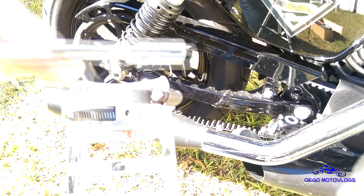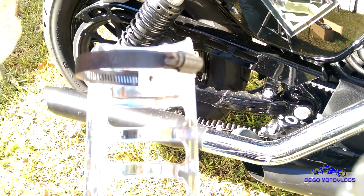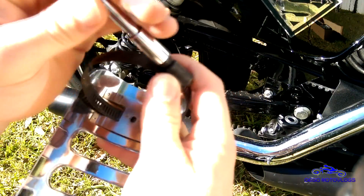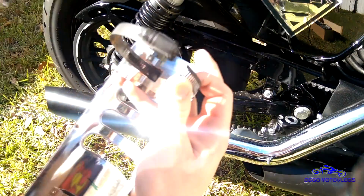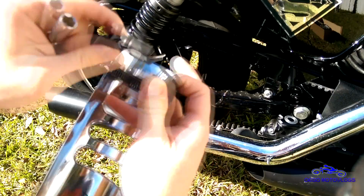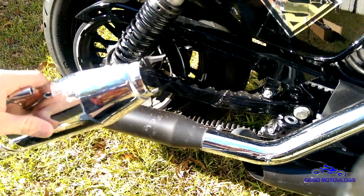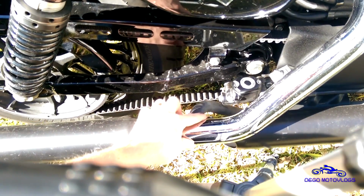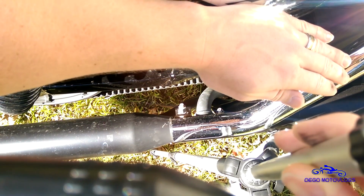I use a socket to get these clamps off because it makes it much easier than using a screwdriver, and it is a 5/16. So you get your socket on there, you loosen them up all the way. If you loosen the clamp all the way, it'll pop open and you can just spread it open and pull these heat shields off. And then I like to use the same tool to see if I can get you guys a look at this. So they glare. Anyways,